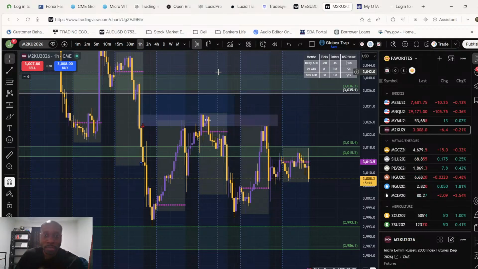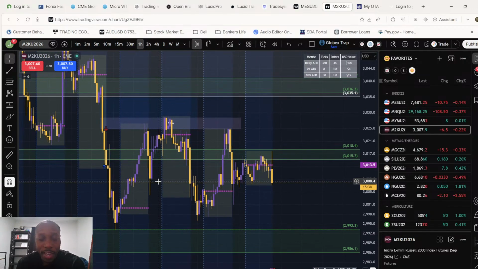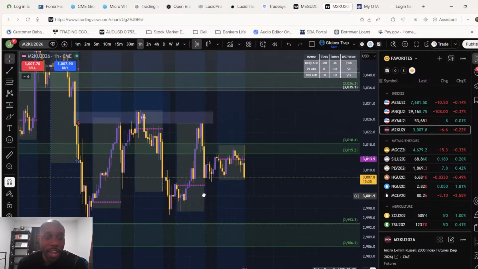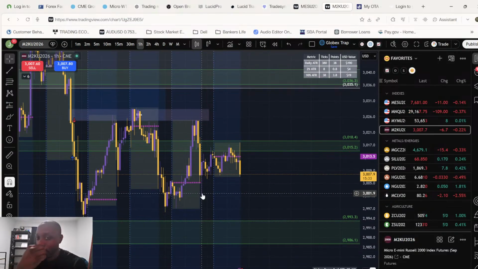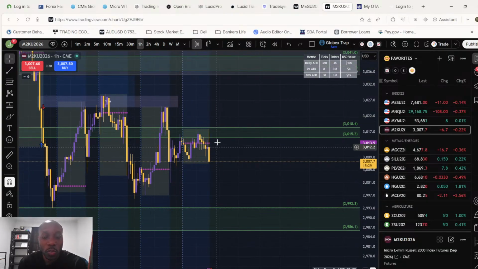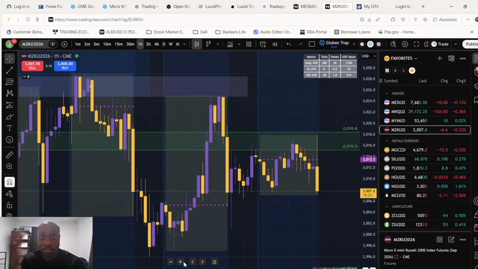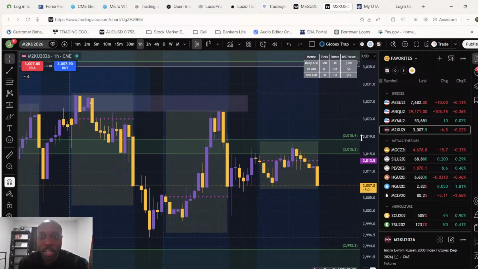And not only does it take longer for it to set up, when it does arrive, a lot of times it doesn't necessarily happen during the New York market hours. So that's one thing. And then two, once it does set up, it typically takes a while to play out, once I execute the trade.